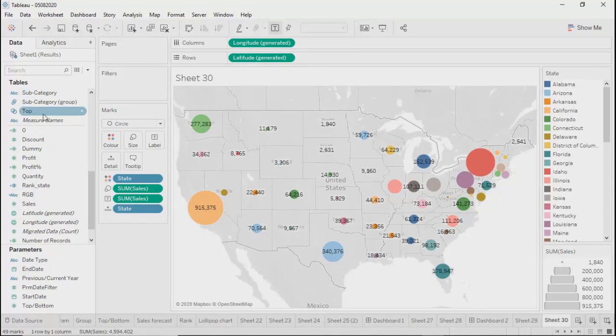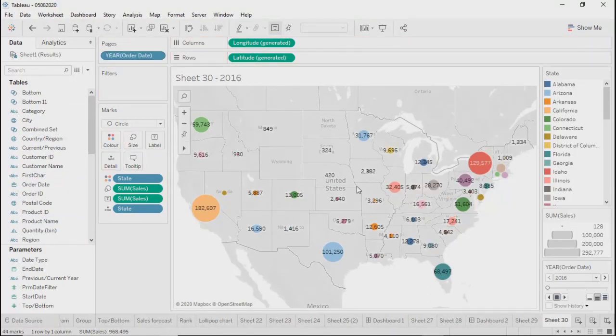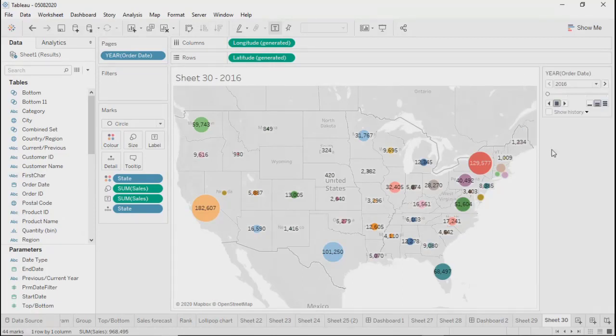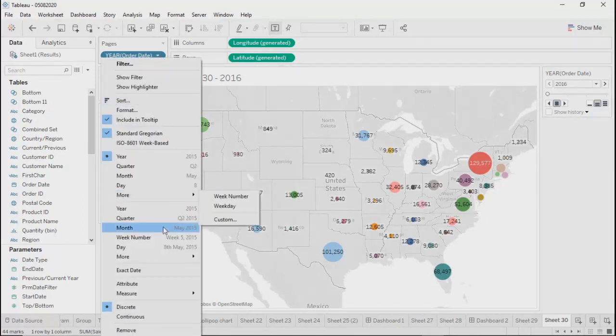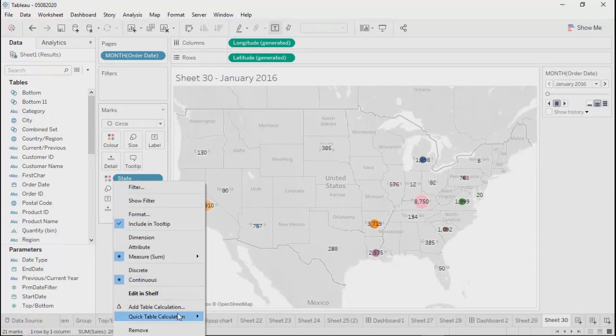On top of it, if you drag, let's say, Order Date over here on Pages, you get this control over here. So you can see that movement also, how your numbers are moving. So let's change that into month. And then in place of sales, cumulative or size, let's take running total.